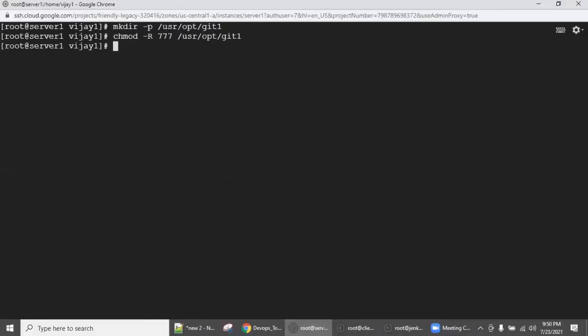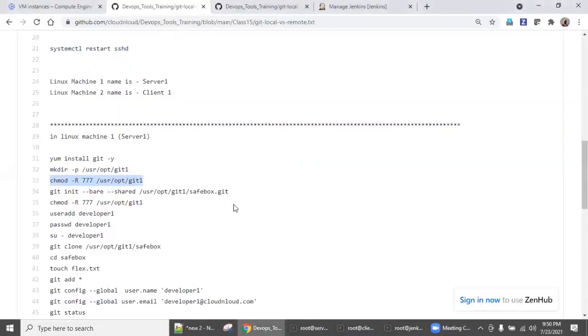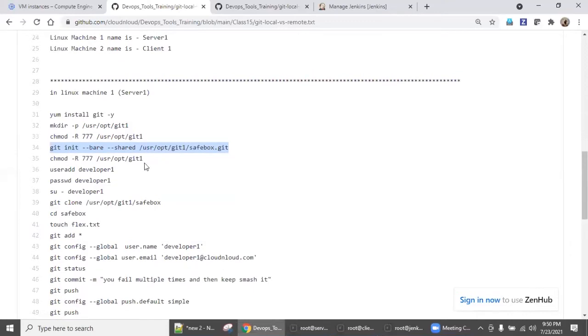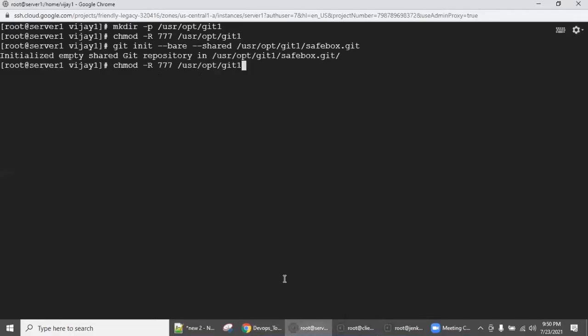I have given the permission, and inside this, I'm initializing the repository with git init --bare, an empty repository. Now the empty repository is created, and one more time I'm going to revisit the permissions.